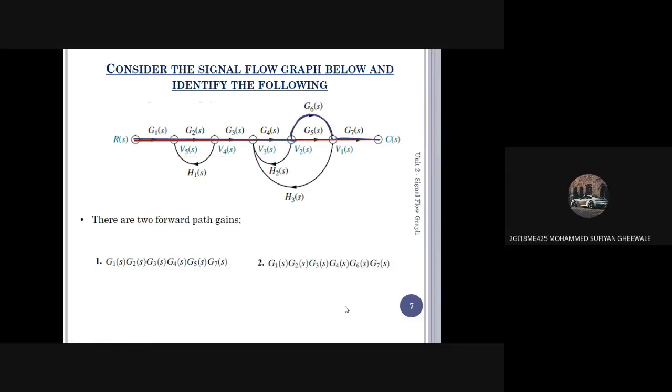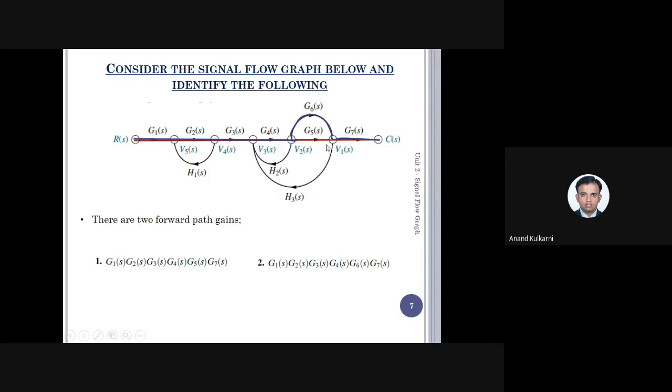Just imagine that this is a road which is connected, and suppose there is a bridge here, or the road is damaged. So instead of going like this, you just traverse like this and go from this one. So this is a second forward path. From one point to another, there is one destination. To reach your destination, there is one path which you are going for, and there is a second path which you are going to route from the other path.